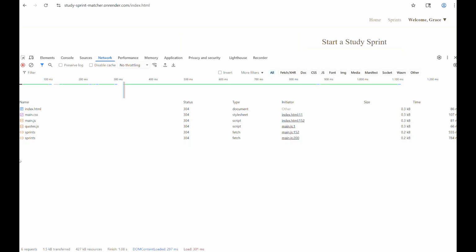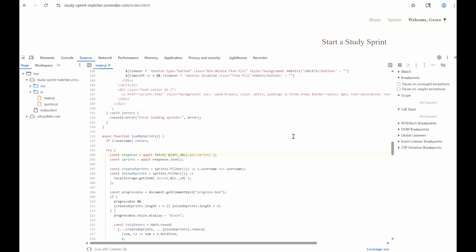But now look at this one, the sprints. And it says fetch. This request is different. Look at the type column. This isn't a file request. This is JavaScript making an API call to get data. Let me show you what came back. If you just click on it,